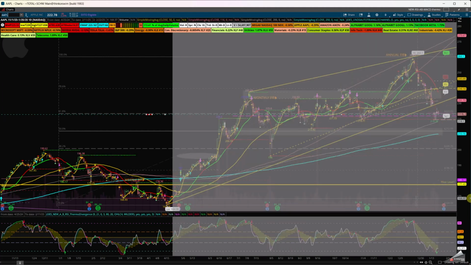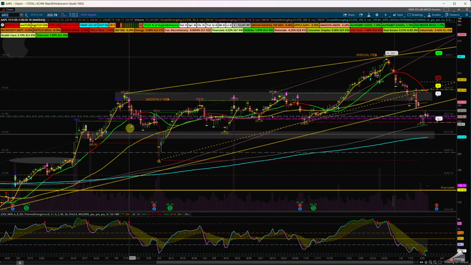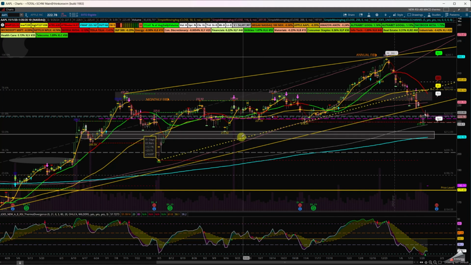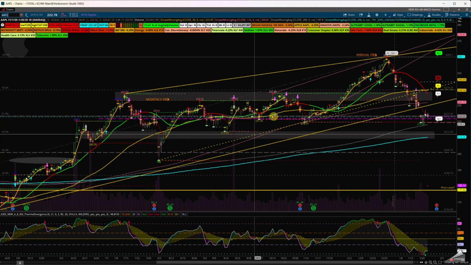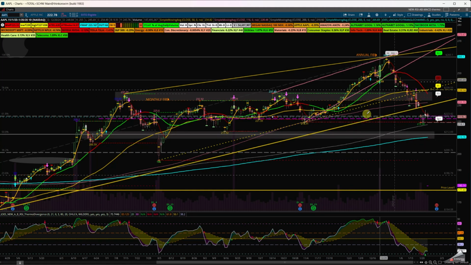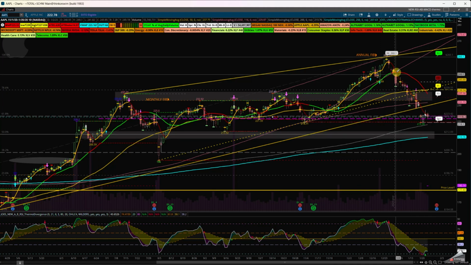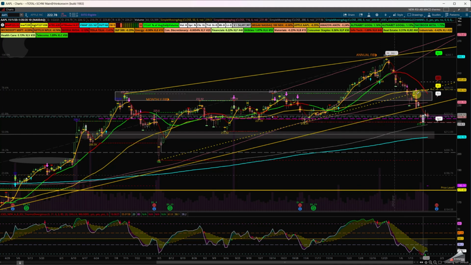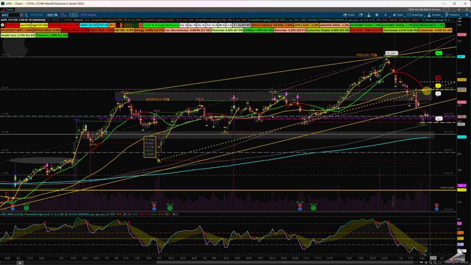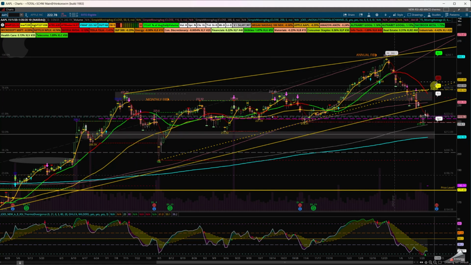You can see I put these ovals here on Apple as well as this consolidation area, and I wanted that 200 SMA to be tested as well as the 250, because this was the breakout consolidation. We went a couple of months range bound. We looked up in Apple, we fell down. We have a couple of little tiny gaps up at the top, but this area is no longer valid because we fell below it. I kept it there because this was the consolidation before the breakup. We came back, retested it, went back up, and you can see that uptrend channel is no longer valid.